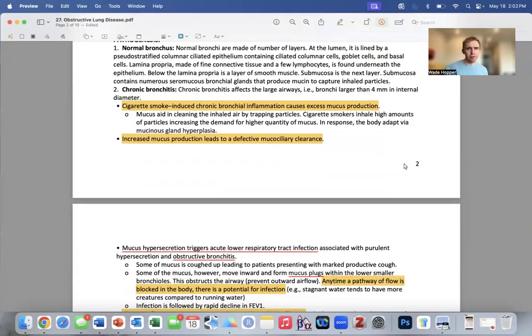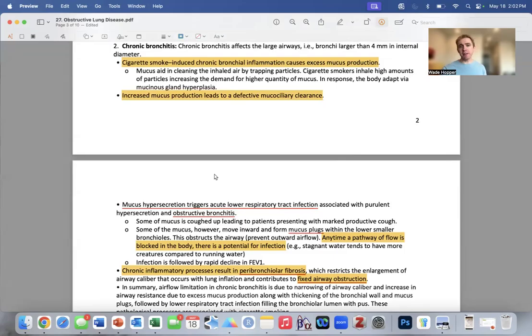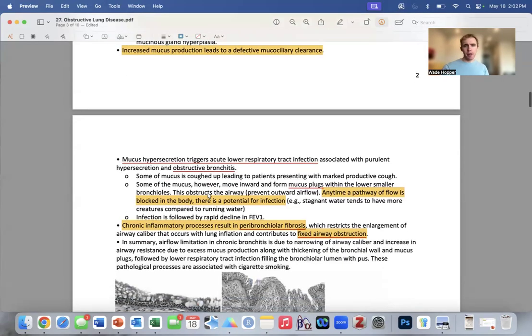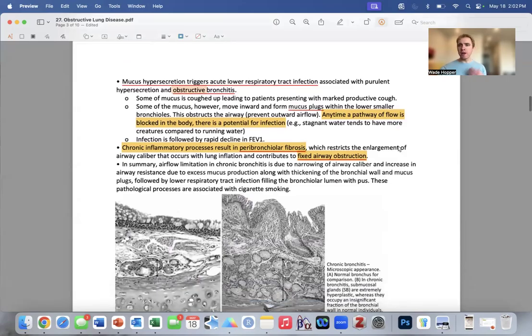Cigarette smoke, again, causes friction on the airway. Your airway reacts by making more mucus to lubricate itself. The mucus sticks up your mucociliary escalator, and that leads to defective clearance of sputum, so it stays down in the lungs instead of going up and out like it should. And when it stays down in the lungs, it can form mucus plugs in your small bronchioles, and this obstructs flow in your airway. So not only does that directly lead to your reductions in FEV1 and FVC and the ratio,